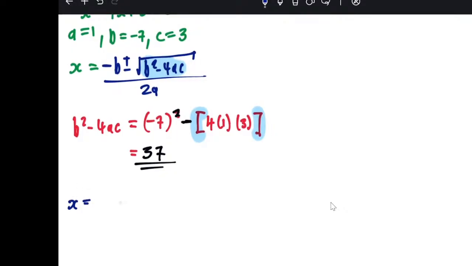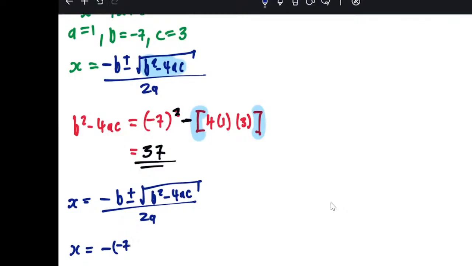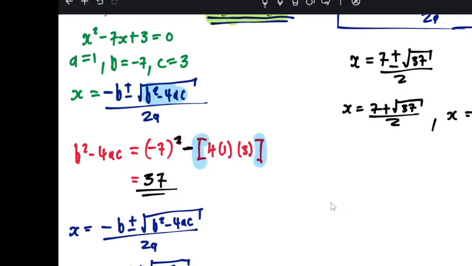So now you say x is equal to minus b plus or minus the square root of b squared minus 4ac, all over 2a. X is equal to minus of -7 plus or minus square root of 37 all over 2a, which is 2 by 1. Now you can separate. X is equal to minus and minus of 7 just becomes 7. So it becomes 7 plus or minus root of 37 over 2, which becomes x is equal to 7 plus root 37 divided by 2, or x is equal to 7 minus root of 37 over 2, which is going